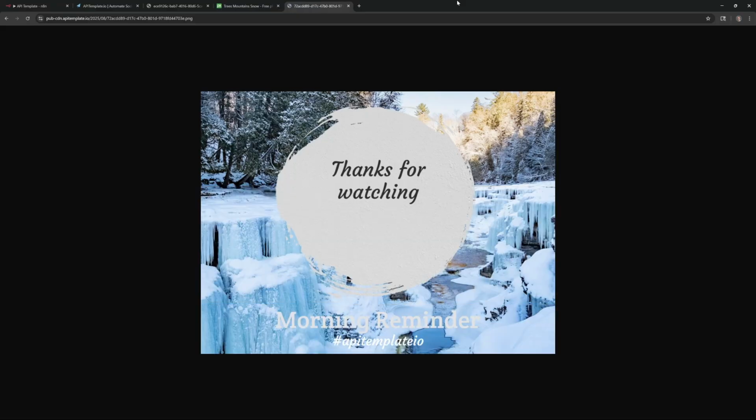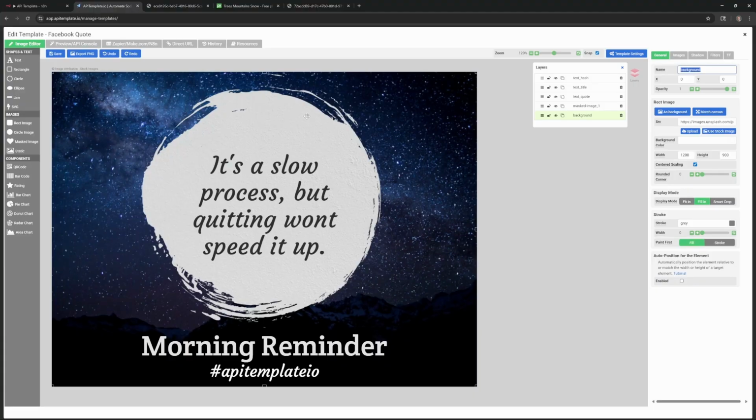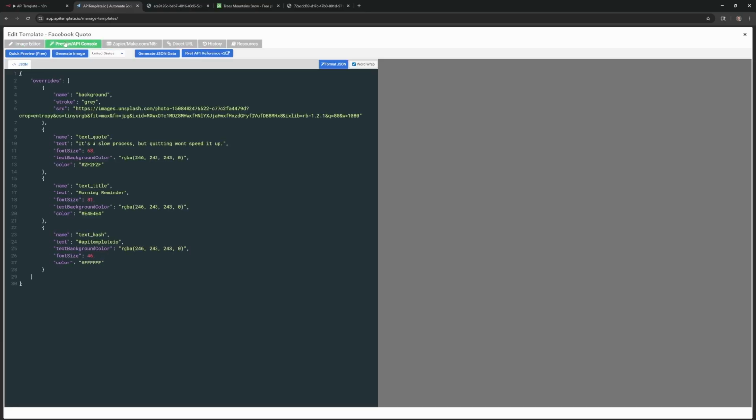There you go. So now the background changed as well as the font. I'm sorry, the text. Now another way you can do it, inside API Template's website, they have this preview / API console. This is the actual information that is sent to API Template. And this is just an example they have on their website, but if you're more comfortable seeing it this way, if you're a developer and used to JSON, for instance, this is what this is.